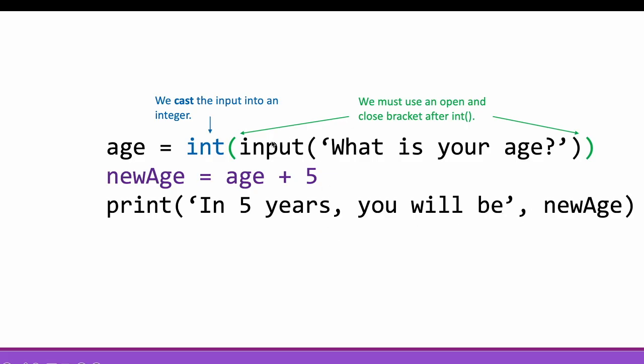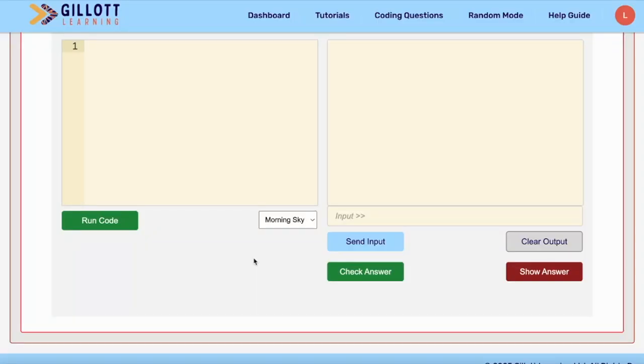If this was a string, if we did not cast it into an integer, we wouldn't be able to add an integer onto it. We'll look at this later on, but when you add things, they have to be of the same data type. Let's look at a couple examples of why we actually need casting. So let's say we want to have a user input 2 numbers and we want to output the sum of those 2 numbers. So without casting, we would have num1 equals input, enter a number, and we would have the